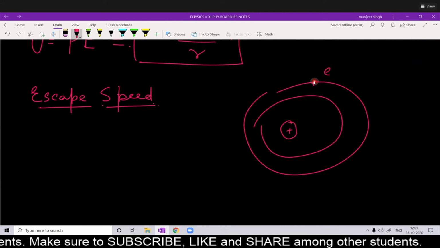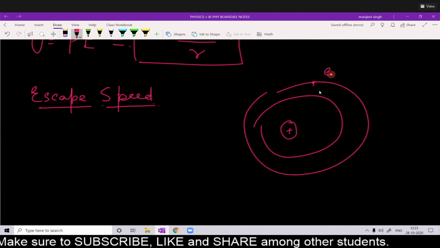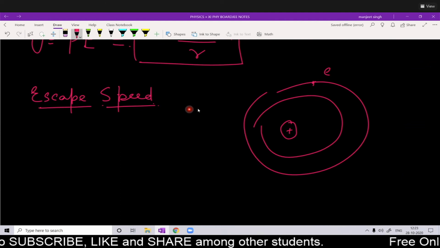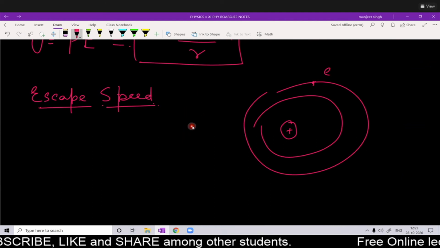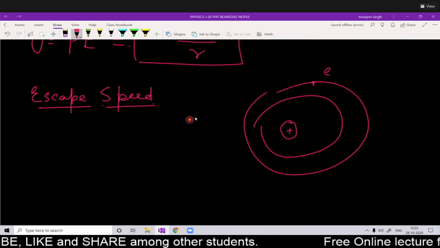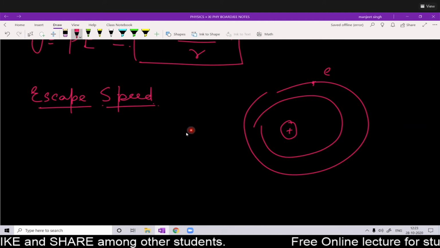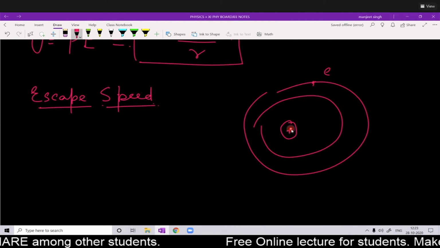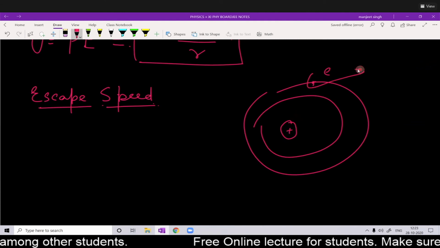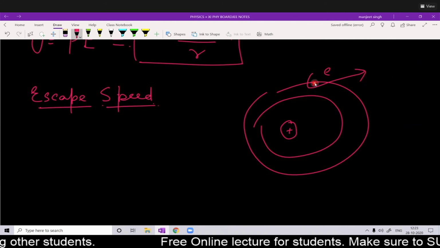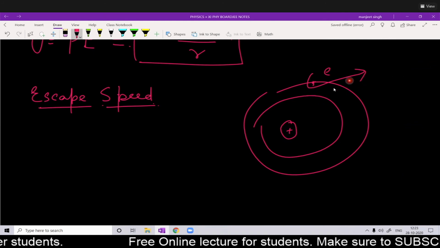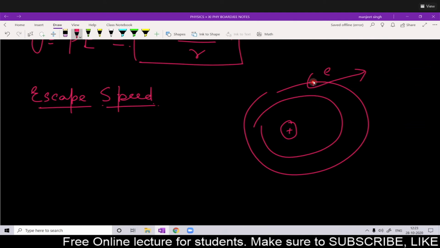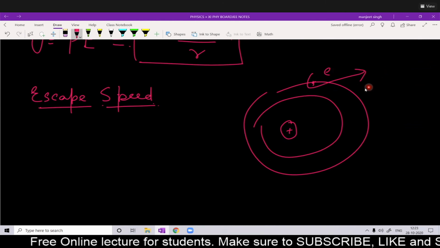Okay, so this electron is bound to the nucleus with certain energy, just as we are bound to the earth. We are on the surface of earth, and earth is attracting us towards its center. That means that we are bound to the earth. Similarly, the electron is bound to the nucleus, and if a certain amount of energy is given to the electron, it will go outside the bond, whatever bond it is in. It will go outside and will not come back.